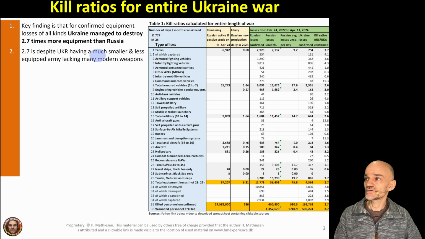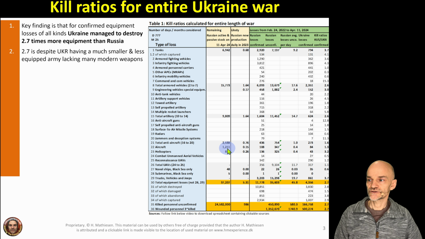and they also have weapons that are not as modern as Russia has in many cases. There are a few cases where Ukraine actually has better weapons than Russia, but not many. Let me tell you, the main thing that Ukraine is lacking is probably a capable air force that can compete with Russian aircraft and helicopters. I haven't gotten the data, but from everything I know about Ukraine, they likely have less than 10% of the aircraft and helicopters that Russia has.